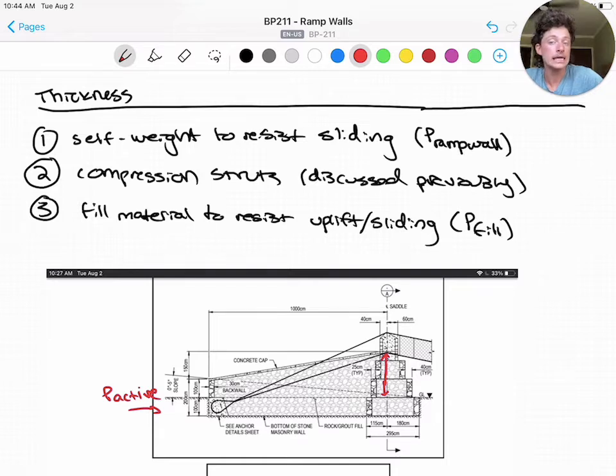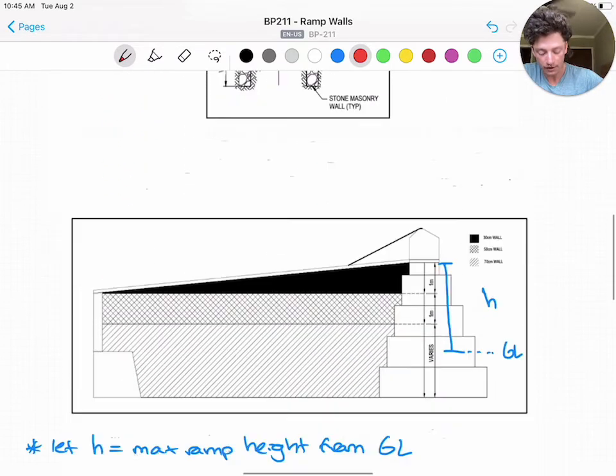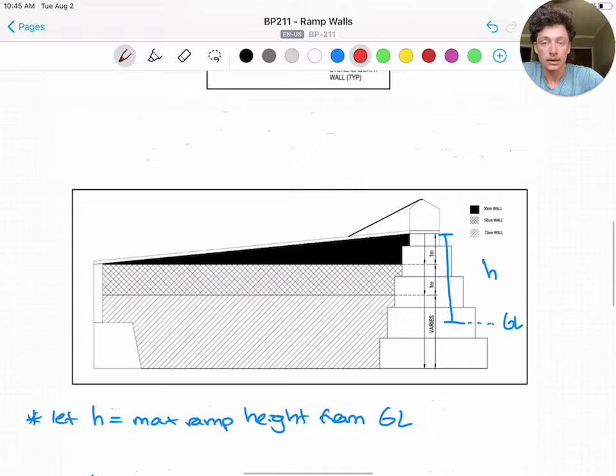Now, from this and empirical evidence, we can derive a series of rules to follow for all custom designs. And this is to ensure internal stability when adjusting the abutment geometries so that the ramp walls don't crack, they don't fall over. And we'll do that actual calculation in the following sections. But first, we'll go through this set of rules, and we'll let H be, in these rules below, our maximum ramp